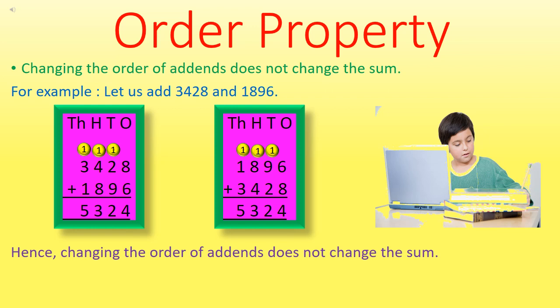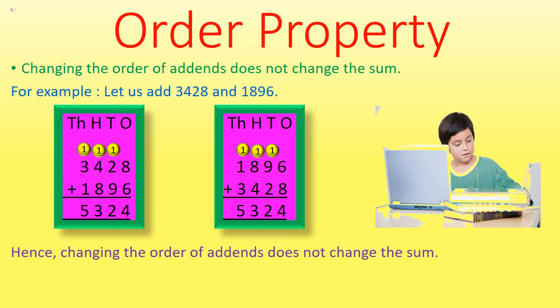And here we add 9 plus 2 plus 1 which becomes 12. So we write 2 in tens column and carry 1 in hundreds column. And when we add hundreds column, we get 8 plus 4 plus 1, that is 13. So we write 3 in hundreds column and 1 is carried to thousands column. And when we add thousands column, 3 plus 1 plus 1 becomes 5.